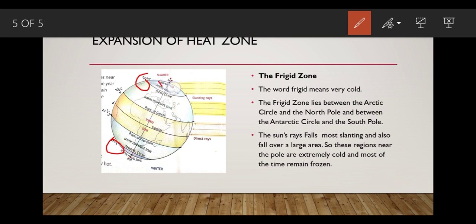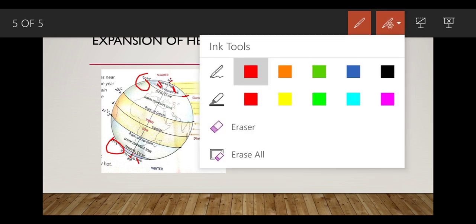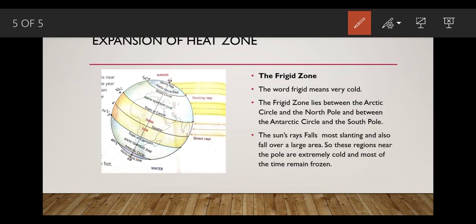So this area is called the frigid zone. The frigid zone lies between the Arctic Circle and the North Pole. Similarly, in the south, it lies between the Antarctic Circle and the South Pole. Alright, so this area is called the frigid zone.